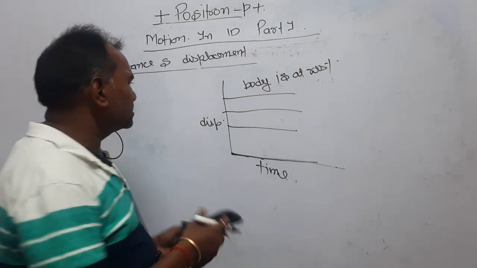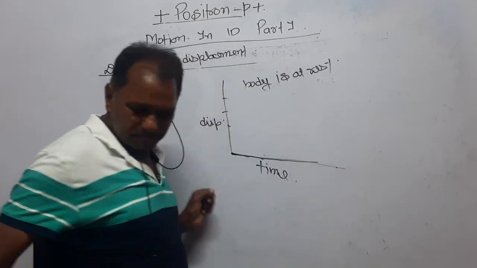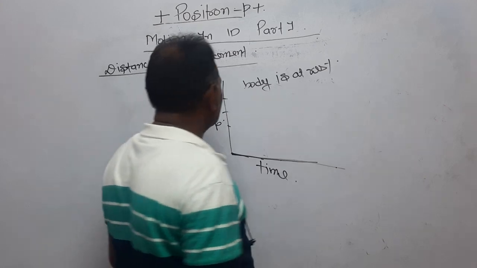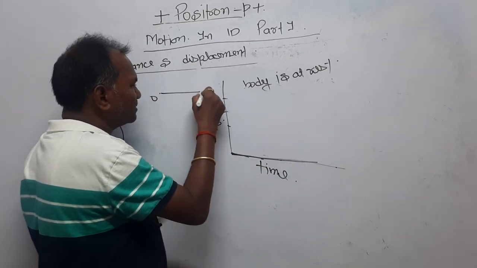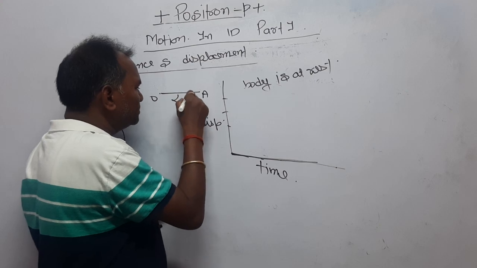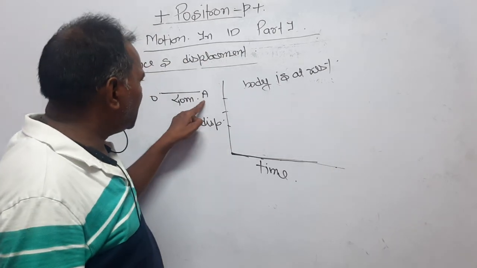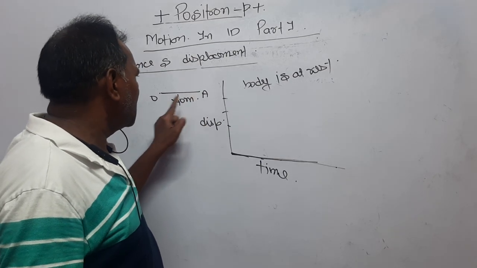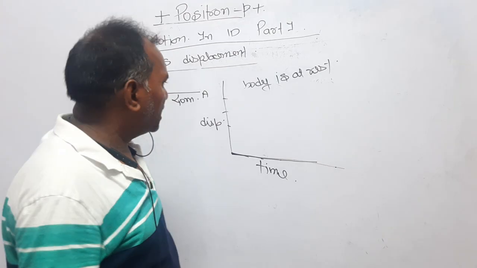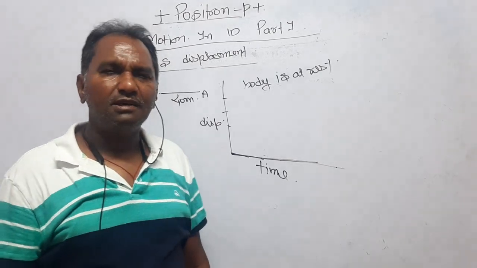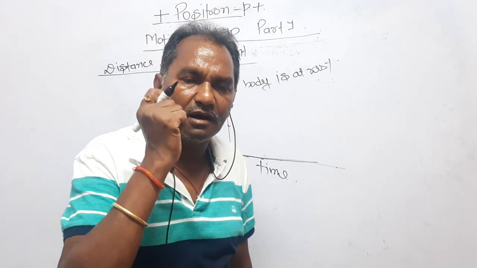There is a very simple method to discuss the graph, look here. Let there be an origin, and a body is at point A, which is 40 meters away. I am discussing a case where a point A, or a body A, is 40 meters away from the origin, right? At time 1 second, 2 seconds, if it is at rest, then its location will be 40 meters always,